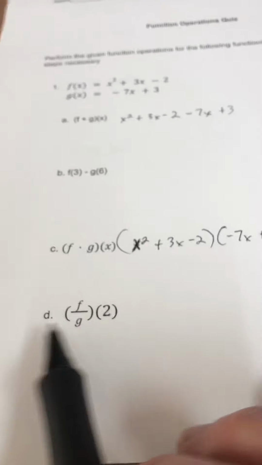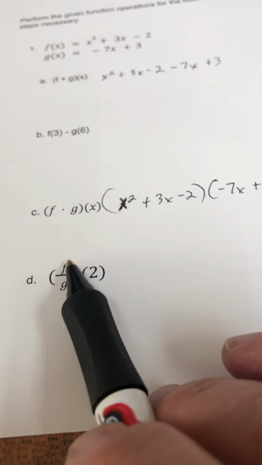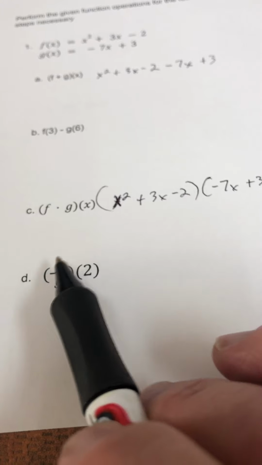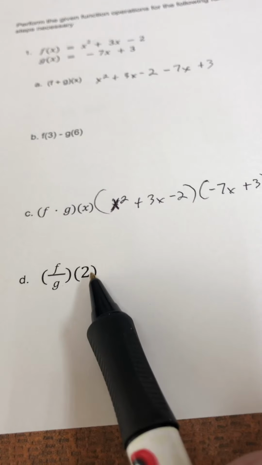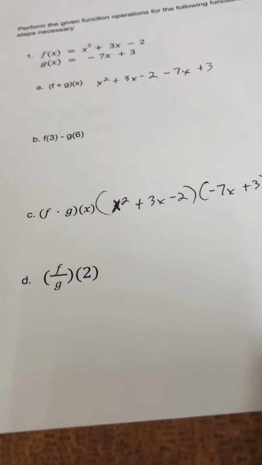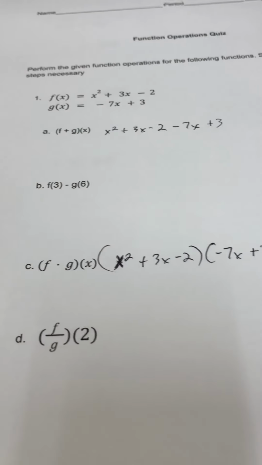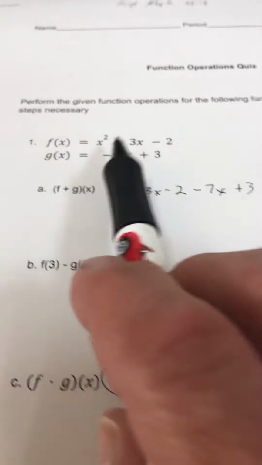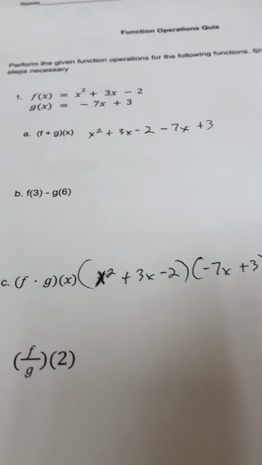And then for D, you want to do the f function over the g function divided when you have it as 2. So you're going to throw in 2 for your x values and go ahead and divide them. So throw 2 in for the first one. That will be the numerator, and the denominator is going to be the g. Throw a 2 in for your x and go ahead and work that out. So that would be 1. And then 2,